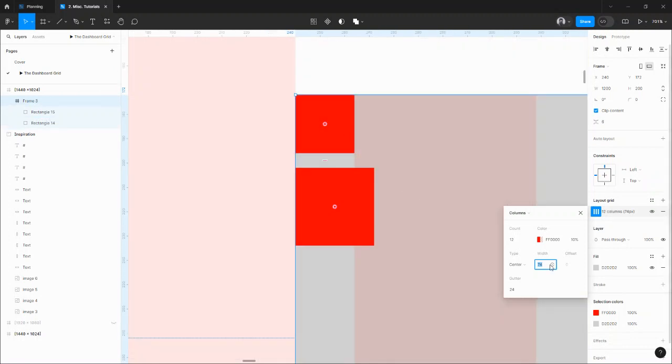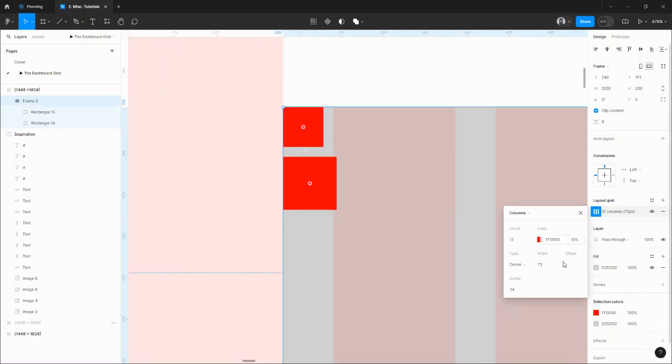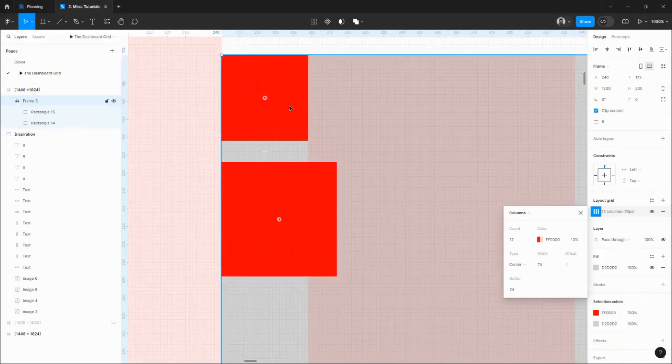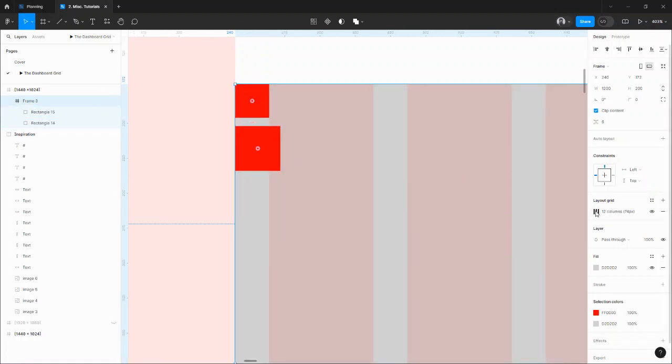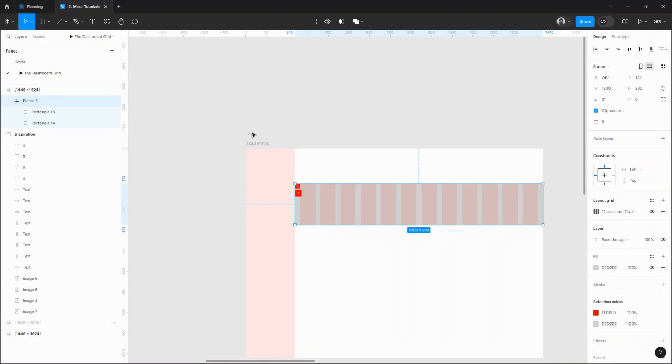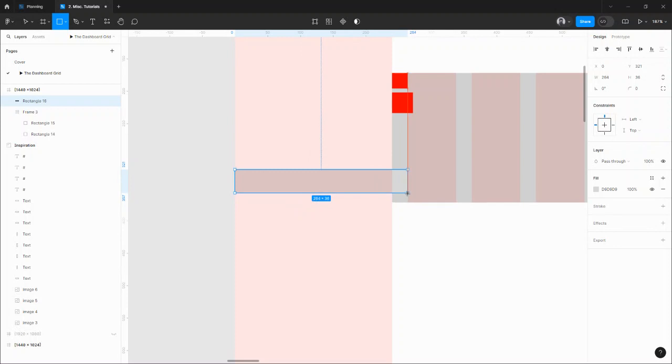If it didn't snap, like in the case where I reduce the width to 73, it gives me approximately 24 and 6 30 width. We can also go with this, but when we can have a perfect number, why not go there? So I'm gonna keep my margin at 24. So now we know the width of the column we can have, which is 74. Now we go and select our main screen, grab a rectangle using R,